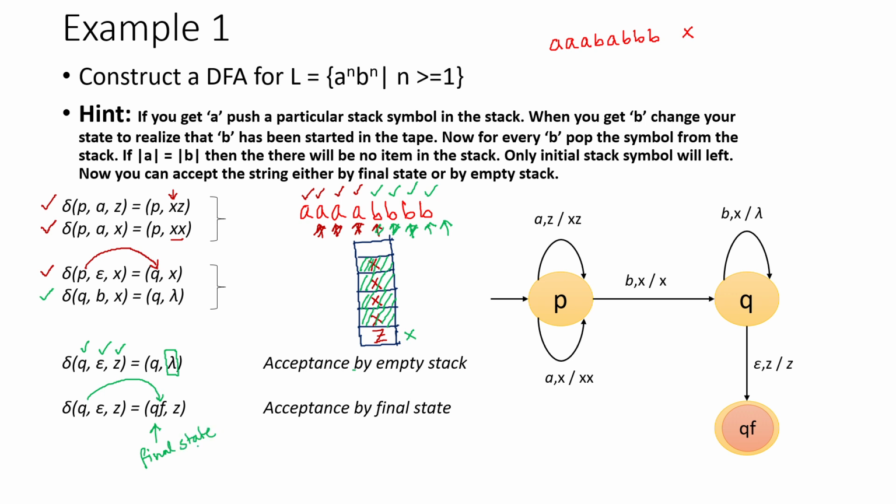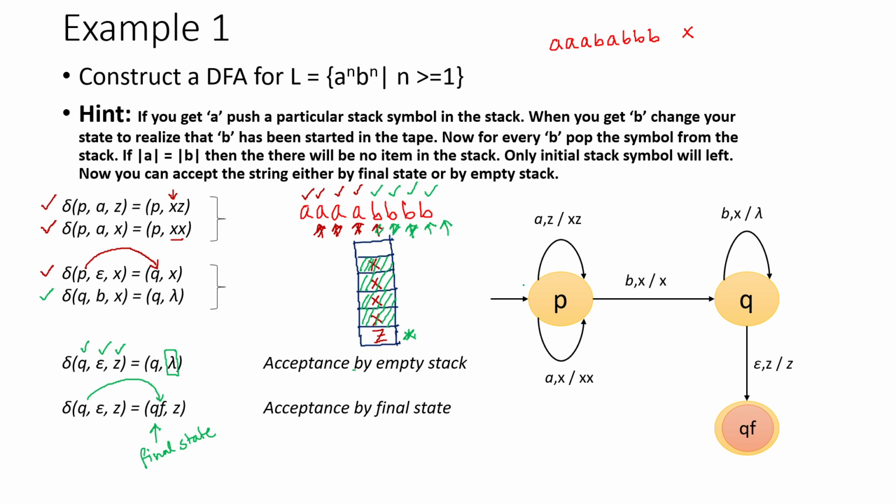considered as final state. So same thing, if you are in Q without consuming any symbol, because there is no symbol left to consume, right? So without consuming any symbol, if you see it's Z, that means you will change your state from Q to final state, and you will do nothing on the top of the stack. That is Z remains left over here. So now these are the two ways by which you can basically express your string will be accepted.